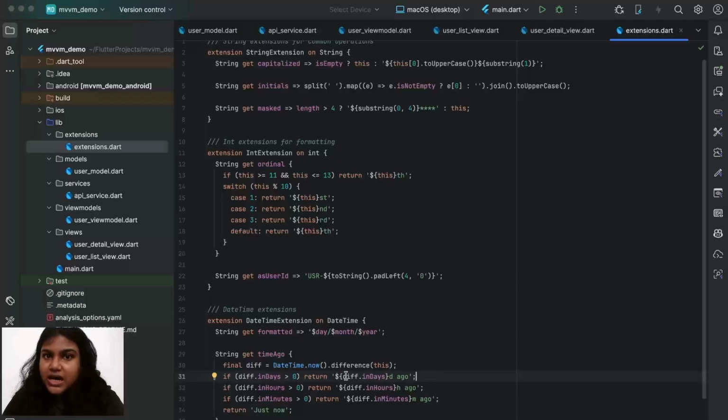If the difference in hours is greater than 0, I return the hours followed by h ago. So if something happened 3 hours ago, I return 3h ago. If the difference in minutes is greater than 0, I return minutes followed by m ago. So if something happened 45 minutes ago, I return 45m ago. If none of these conditions are met, it means that the event has happened very recently, so I return just